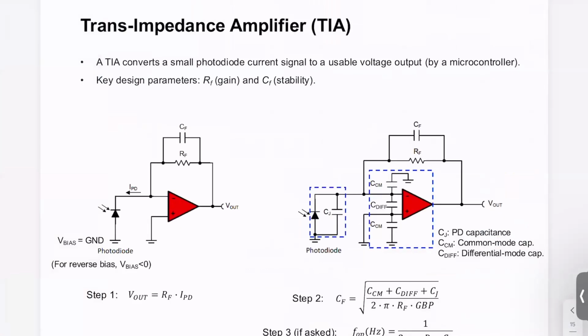All right. So our photodiodes generate a current, and we need to convert that into a voltage signal, which is